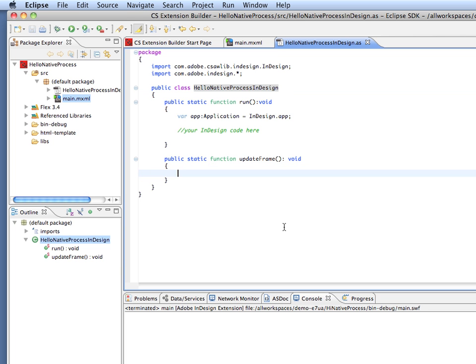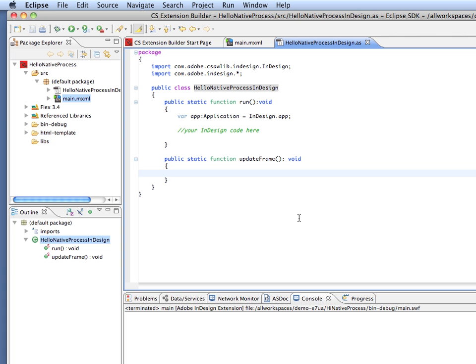What I'm going to do is to write an extension that starts up another application. I'm going to choose TextEdit that comes as part of MacOS, and I'm going to open that with a pre-existing RTF file, and then I'm going to do all that from the panel of a CS extension, and I'm going to go and switch into that other application, change the contents of that, and show that by hitting an update button inside of InDesign itself that I can update the contents of a text frame. And we're going to do that by using the Native Process API within